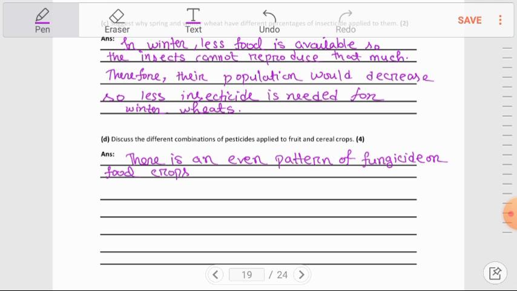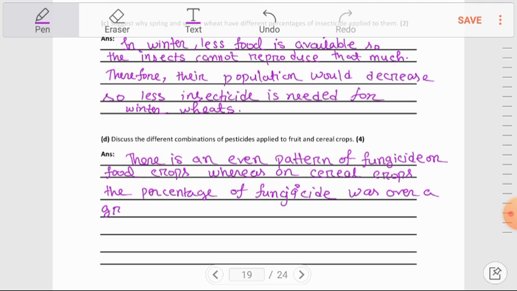On food crops, whereas the pattern of fungicide on cereal crops was a very wider range. So let's write it down, that whereas on cereal crops the amount of fungicide was over a greater range or variation. And then we also saw that herbicide was more used on cereal crops, on cereals, than